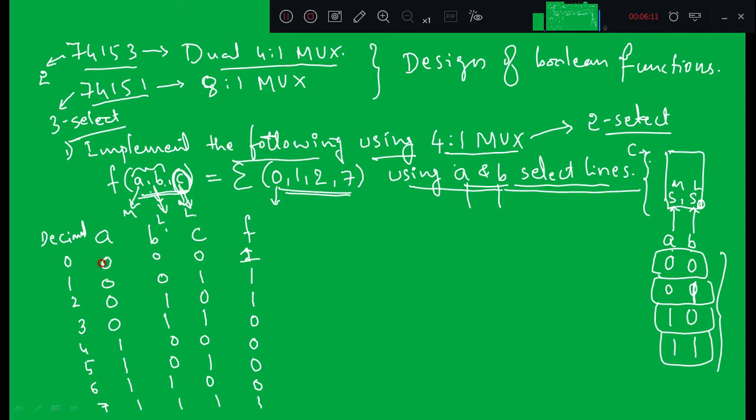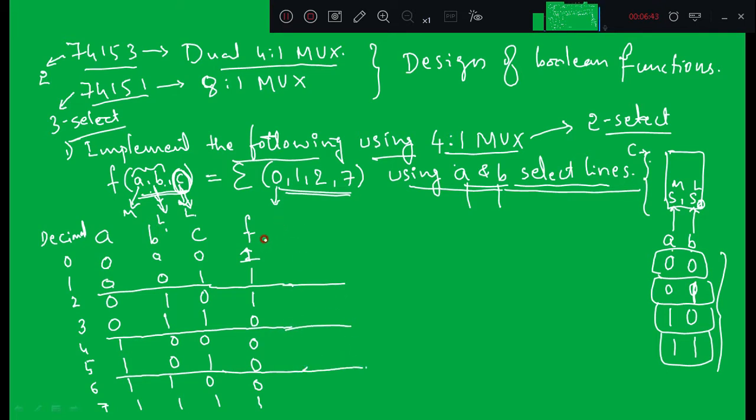What I'll do is group them separately. Here, see, A is 0, B is 0, A is 0, B is 0. I'll put them in one group. Similarly, A is 0, B is 1, A is 0, B is 1. I'll put them in the second group. Third, 1 0, 1 0, I'll put in the third group, and the remaining will be in the fourth group.